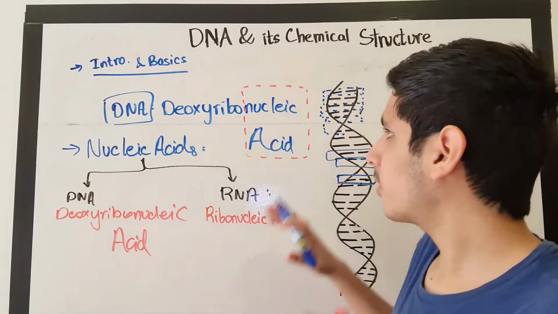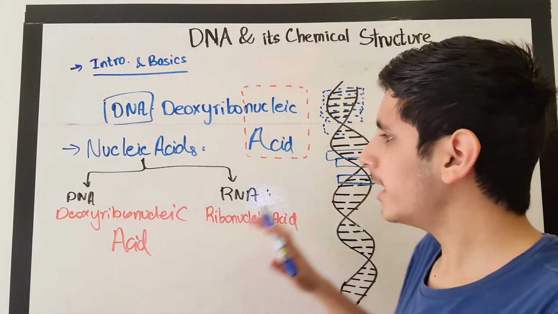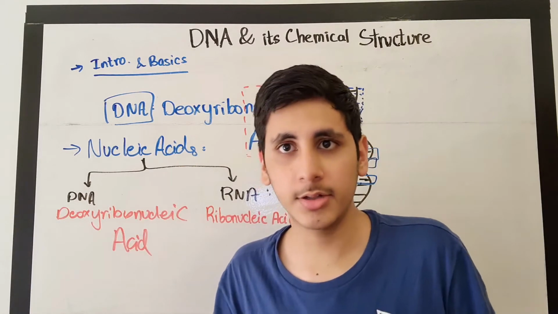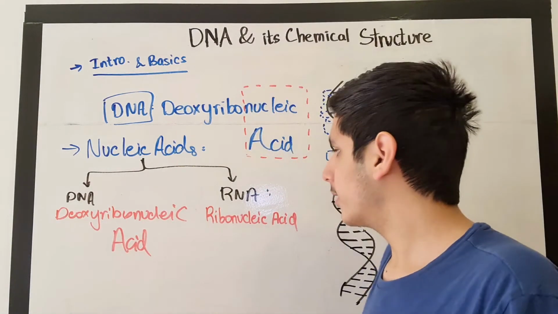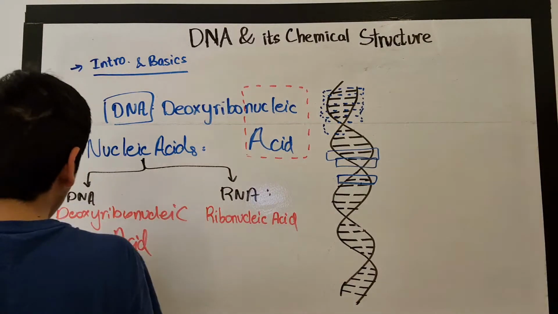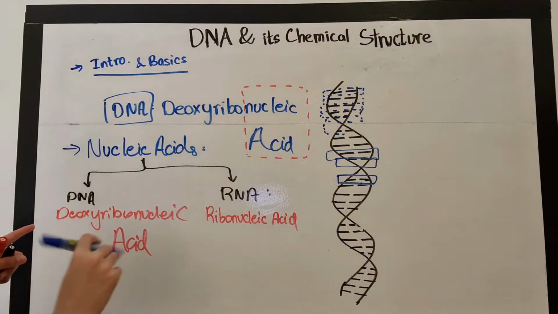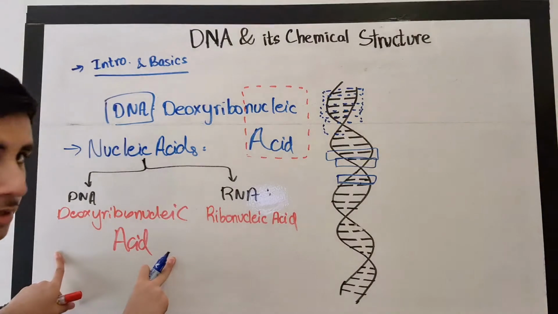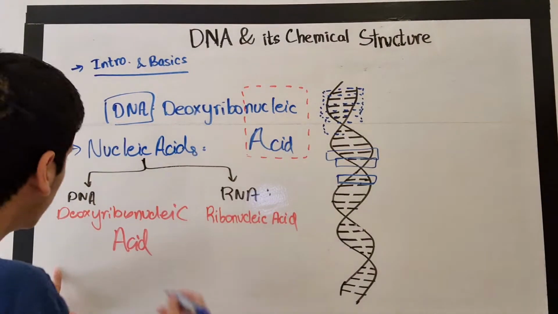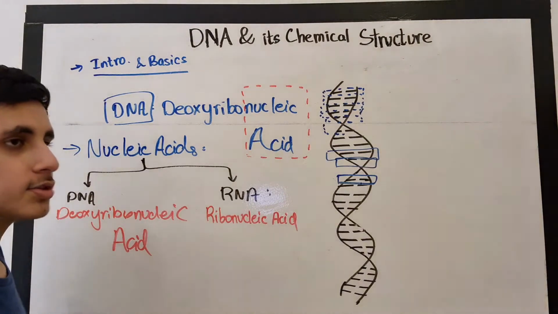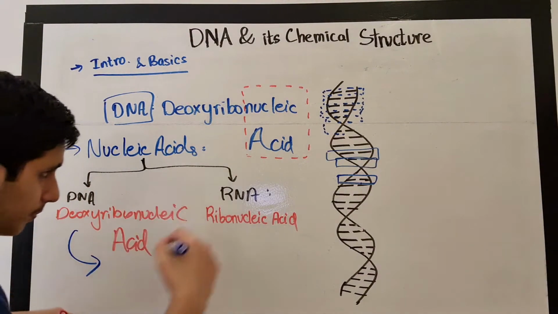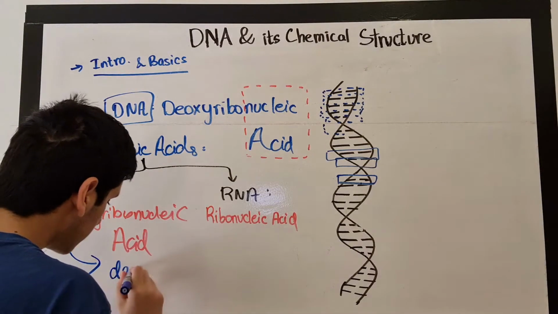However, in this video, I just want to focus more on DNA. So we'll get back to RNA and its own entire story later in another video. But when we're talking about DNA especially, it's a polynucleotide chain. Both of them are polynucleotide chains because they're nucleic acids. And so it's a polynucleotide chain of what? DNA is a repeating chain of